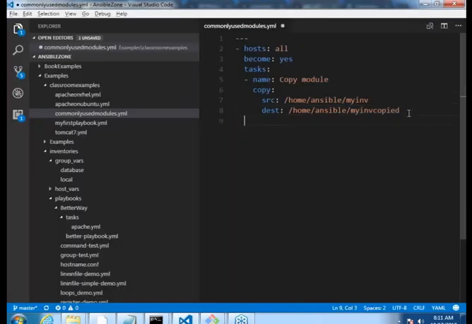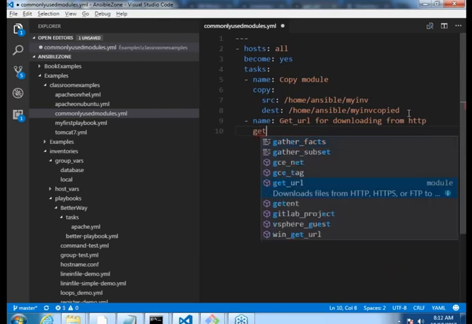I'd be using a module called get_url for downloading from HTTP.